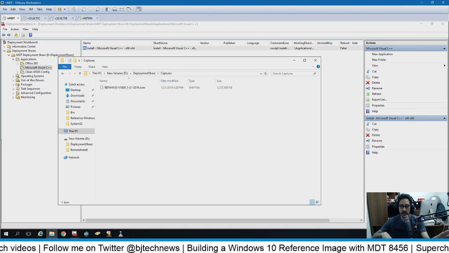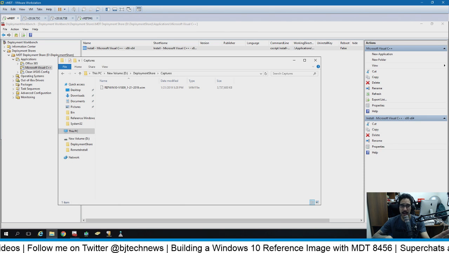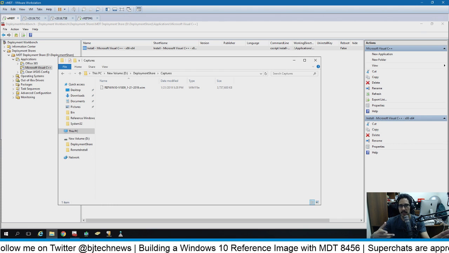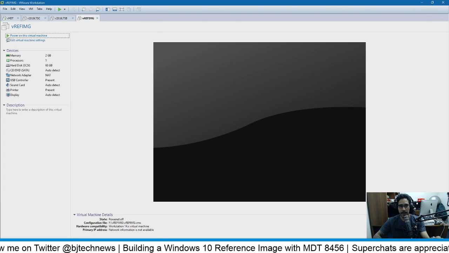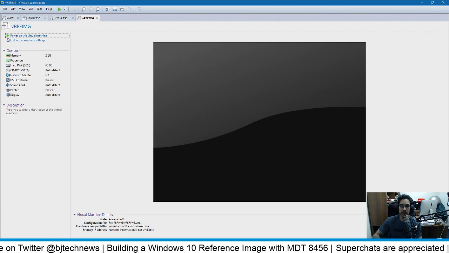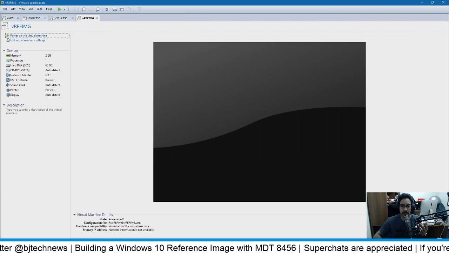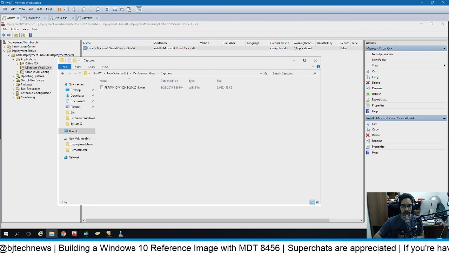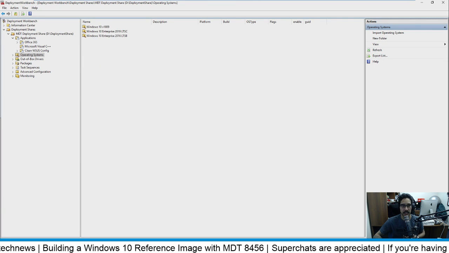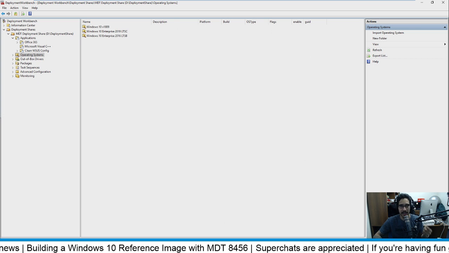Okay, if you guys are installing Office 365 or a bunch of print drivers or fonts and all that stuff, this file will get big. So you're probably saying to yourself, what am I going to do with that WIM image? Okay, I have the WIM image. What else? What to do? Okay, so what you want to do with the reference image is import that WIM image inside